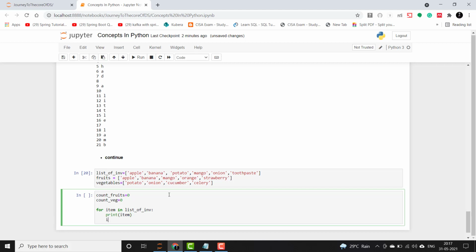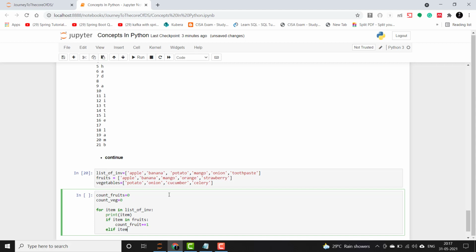Okay, then we will use if and check if the item exists in the fruits, and then increment the count underscore fruit by 1. So this is count fruit equals current fruit plus 1. This is an equivalent statement. Else, elif,